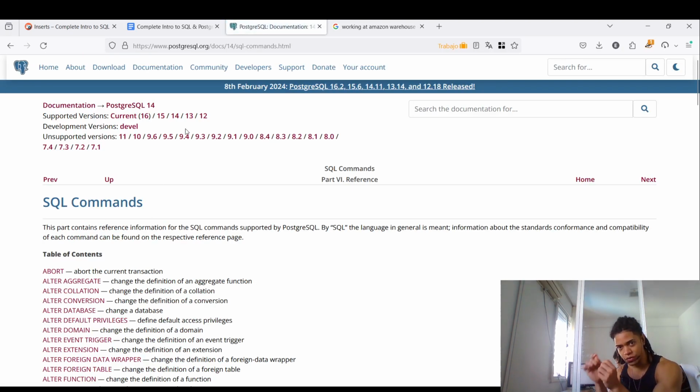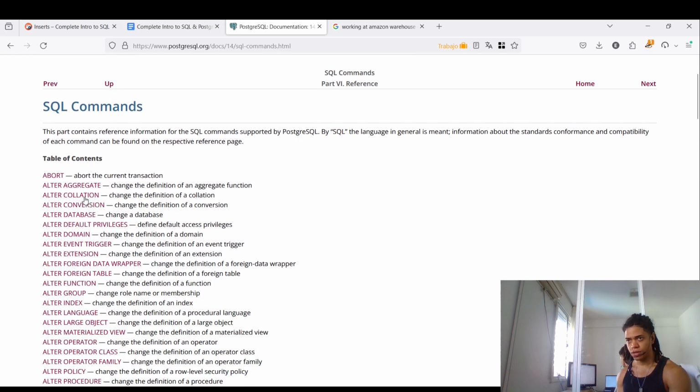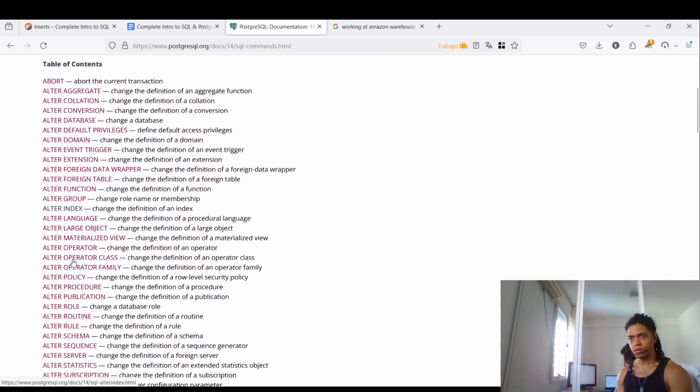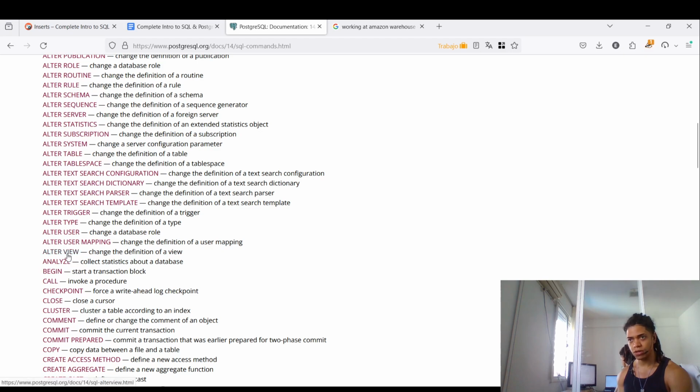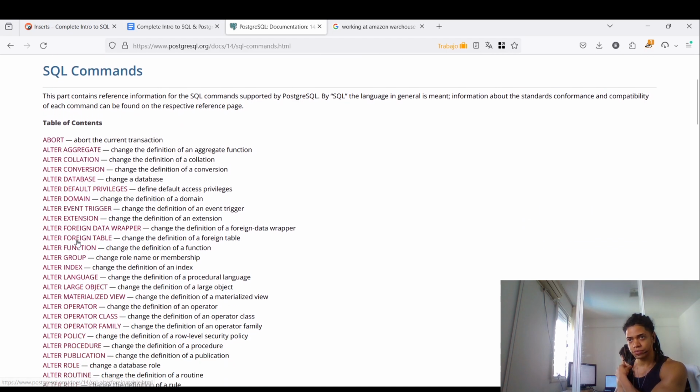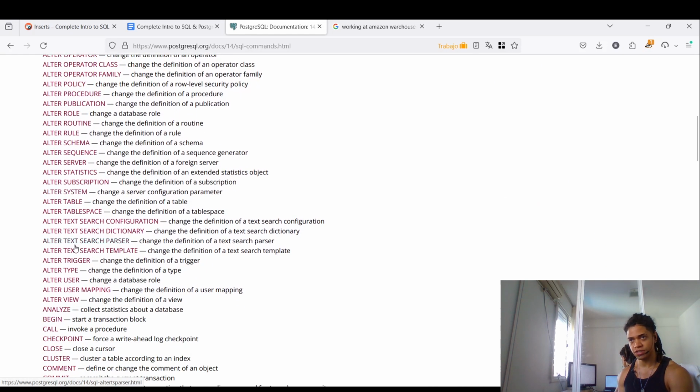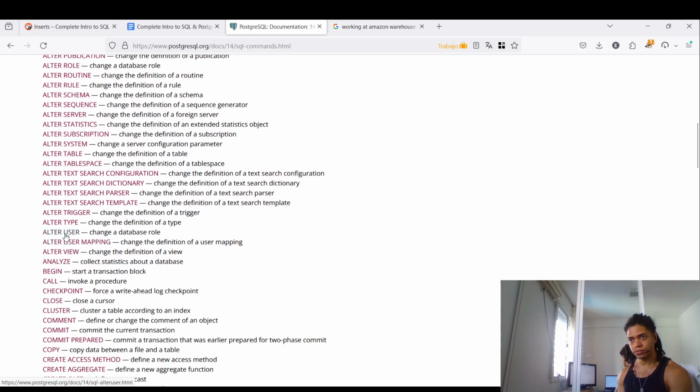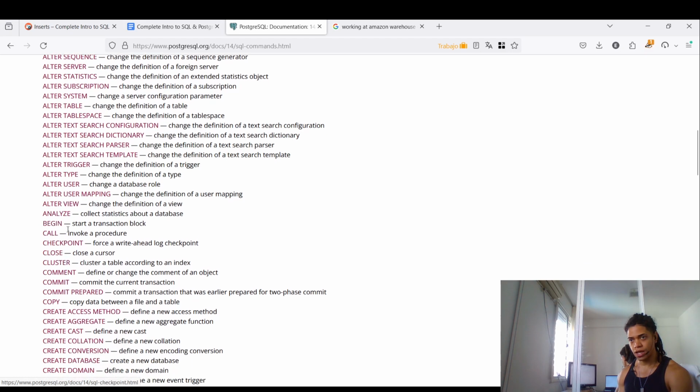All right. As you can see here, you're now slowly looking at where you have to go on that board. Alter aggregate. Okay. Alter. You can see all of the things you can do with alter, which is a lot of operations. Change, change, change. Alter type: change the definition of a type. Analyze, begin, call, checkpoint, close,